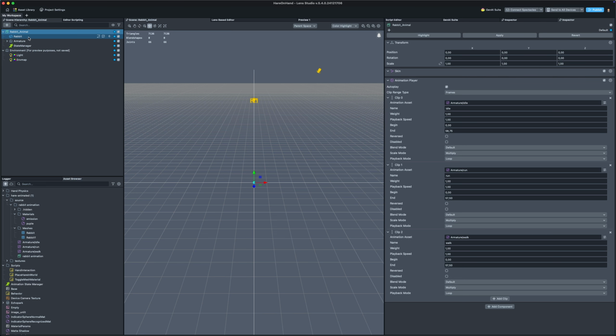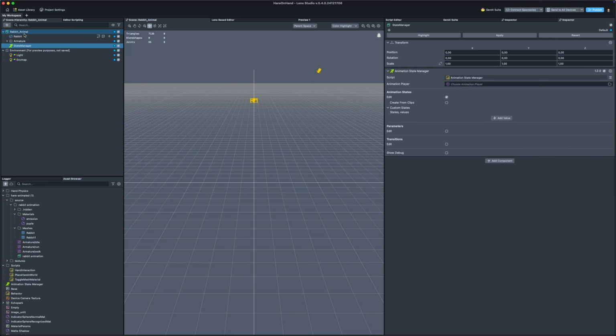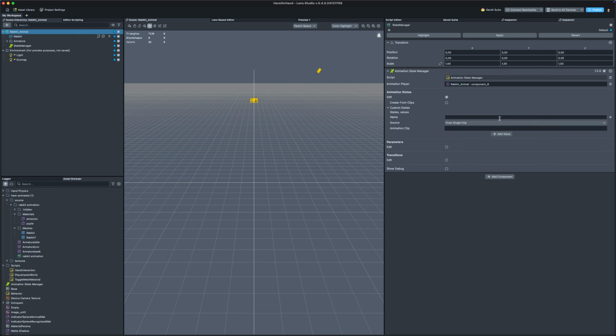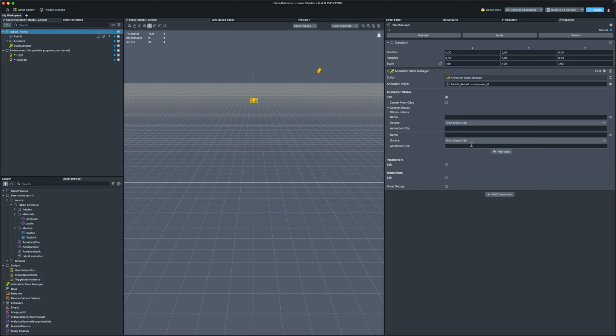So then we want to go ahead and drag into the state manager the parent object, so we have the animation player attached. And next up, what we want to do is set up the animation states, and for that we want to edit animation states, custom states. We're just going to add a few values here, so we're going to use 2. We will use idle and walking, or walk,